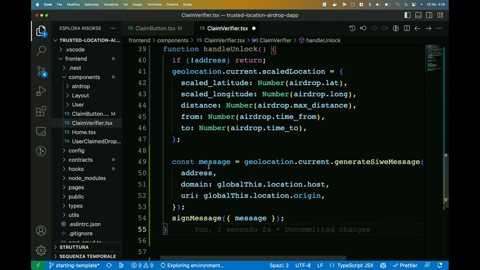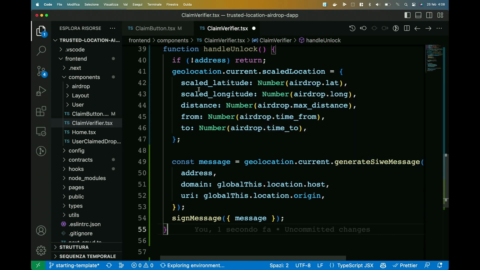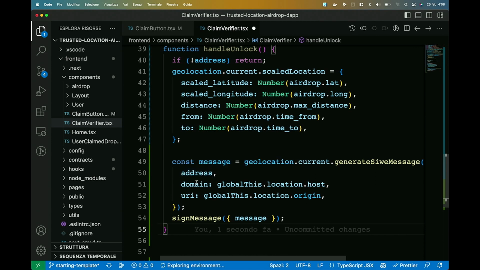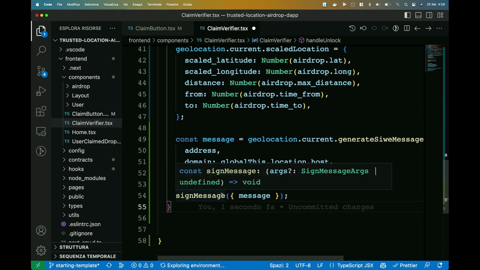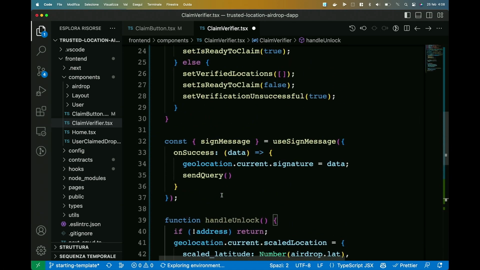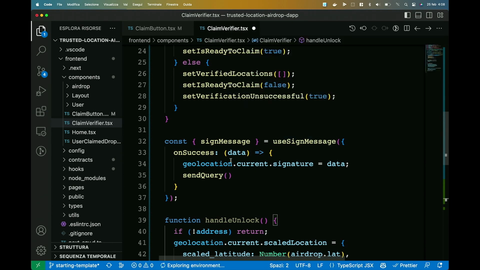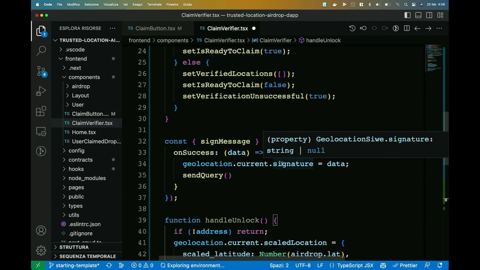And then under the hood, we use this generate COM message method that will use this location that we just created and then send it together with the address, domain, URI to the message that the user needs to sign. And then we're using this sign message here, which comes from the use sign message hook, and that's just WAGMI stuff. So once we do sign it, we're going to retrieve the signature, and then we're going to use this signature